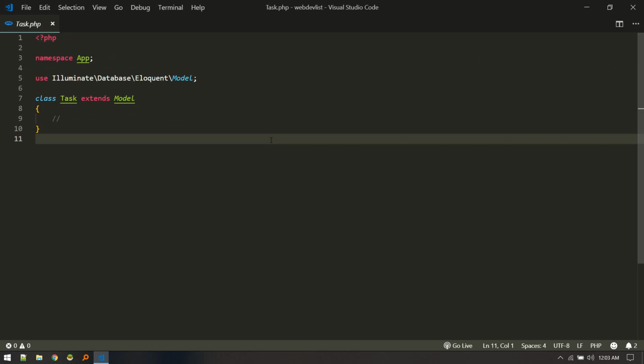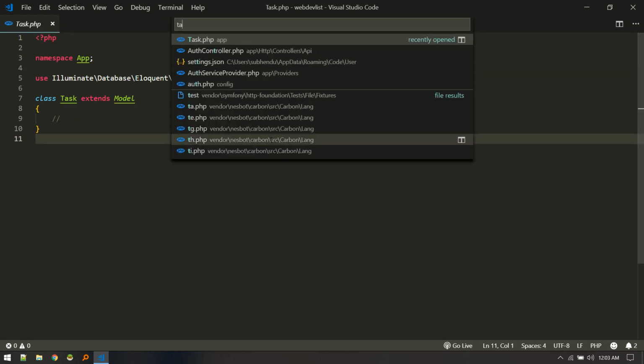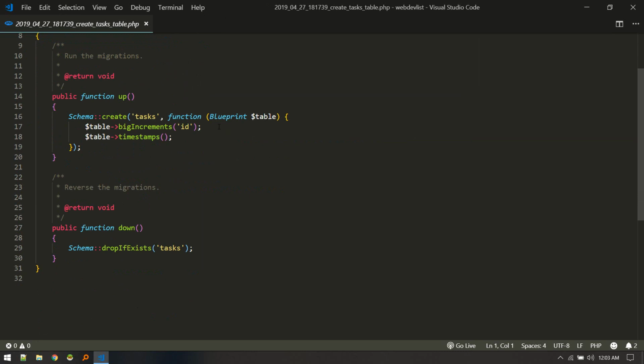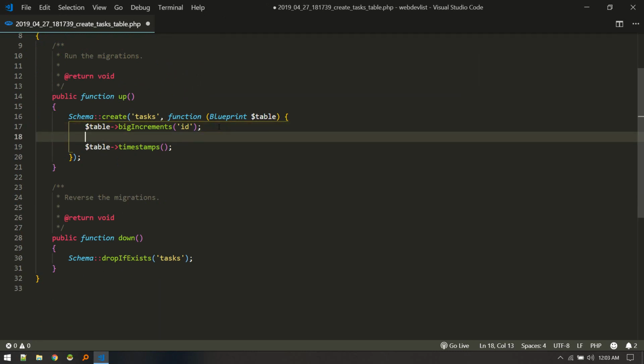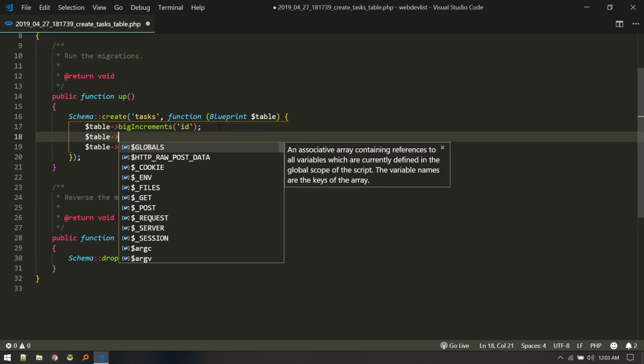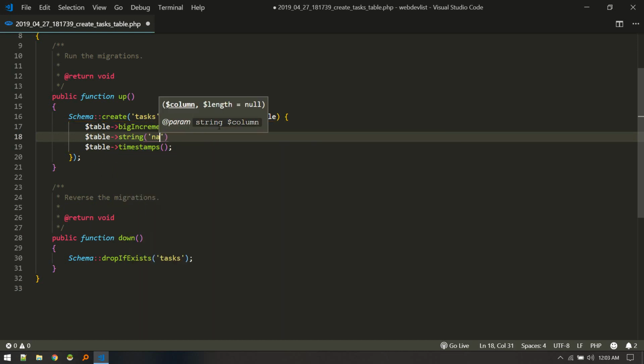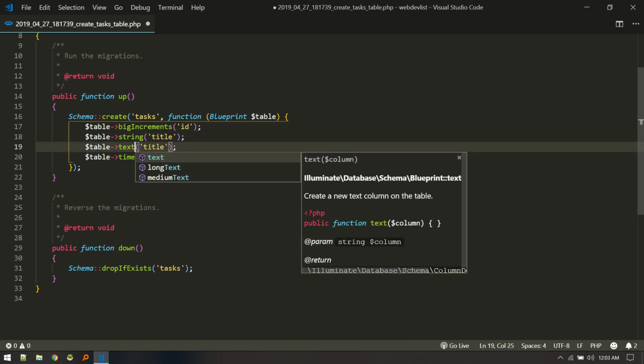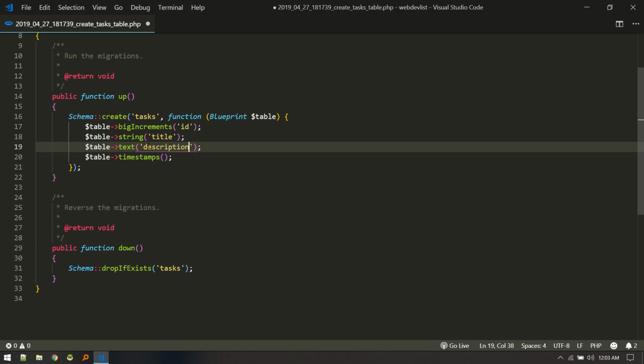So first things first, let's start with the migration. So the create task table is the migration that we just created. First thing we'll be needing is a string, which will be the name of the task. Name, or we can call it title. Let's call it title. So task title, and second will be text, which will contain the description of the task, and